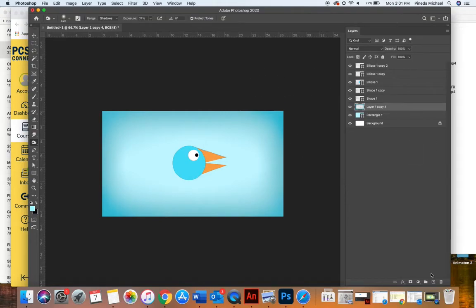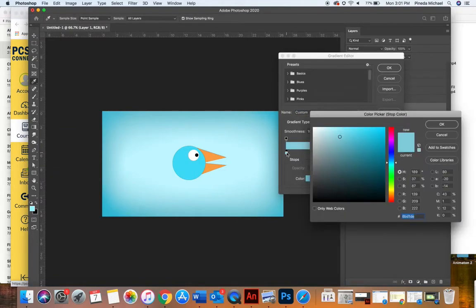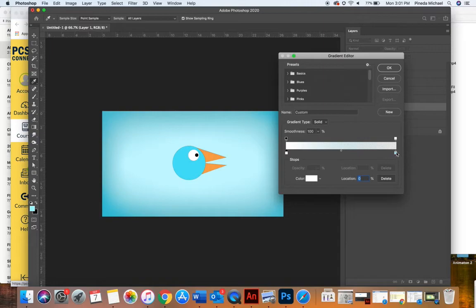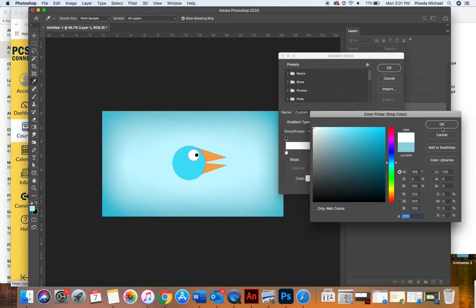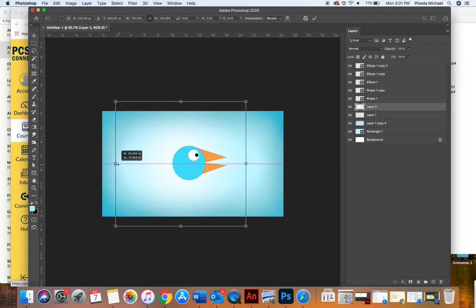The other thing you could do, I'm going to create a new layer, using that gradient tool. Come up here. I'm just going to choose a white. This one also a white. But instead of a linear gradient, I'm going to choose a radial gradient. A new layer, right beneath the head, I'm going to click and then drag out. You see how it creates almost a halo effect behind the character. And right now I can click and drag that halo to create